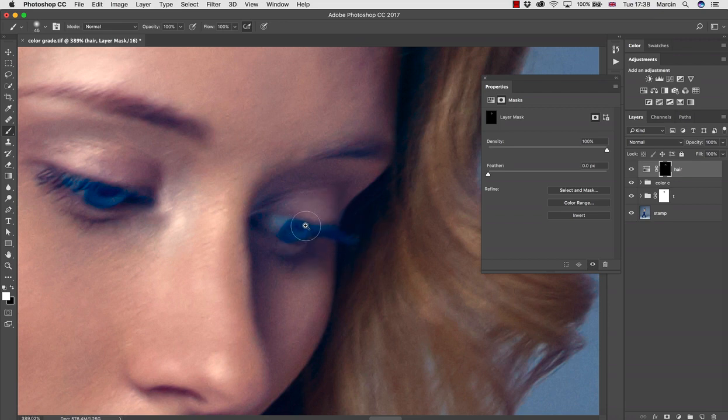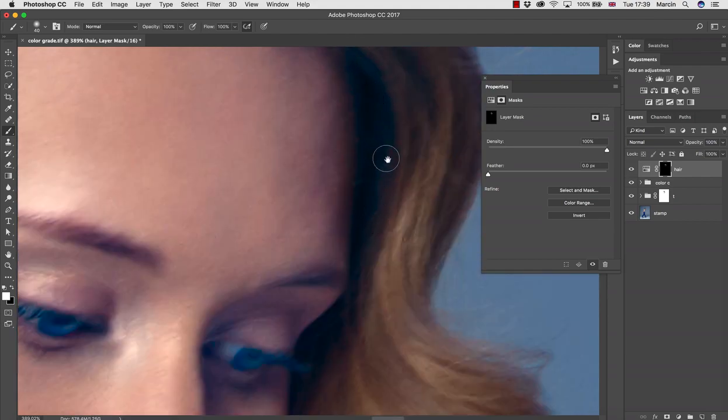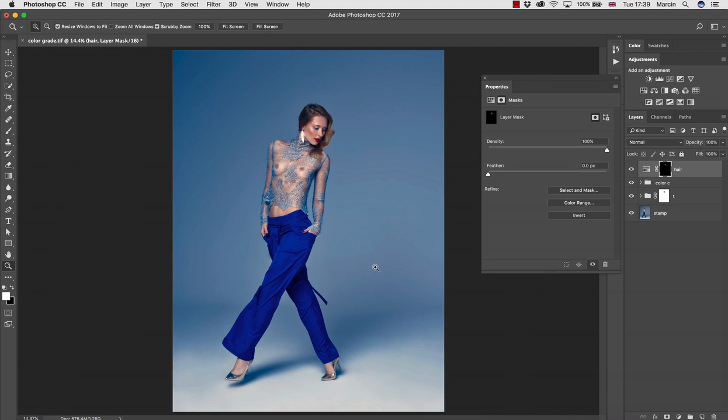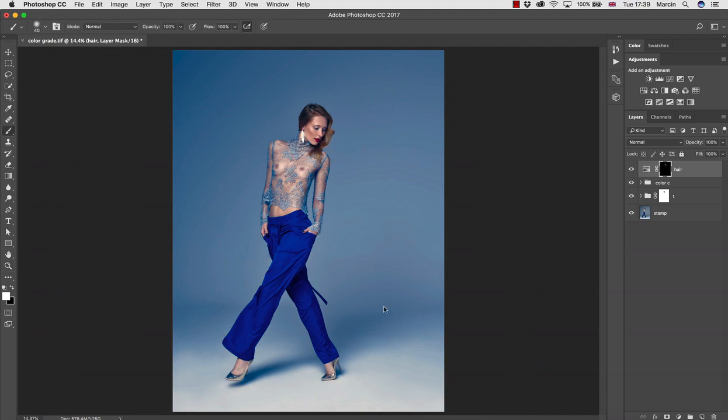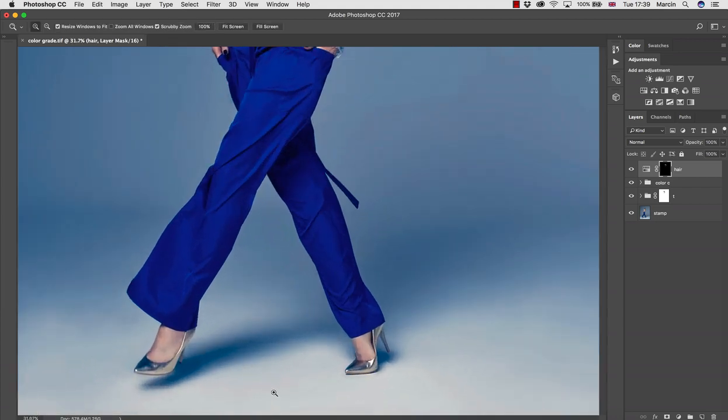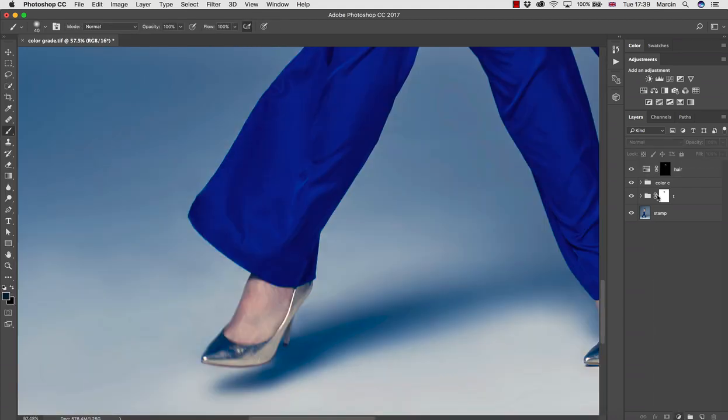Also, I want to take down some of the blue color that is over here, because it's just a little too much. I believe you'd agree. It doesn't really look nice. So okay, it's pretty much done about the hair, but there is also one more issue, and if you look at this image very carefully, you will see that the color of her feet is slightly different than the color of her body. So I'm going to use hue saturation once again,